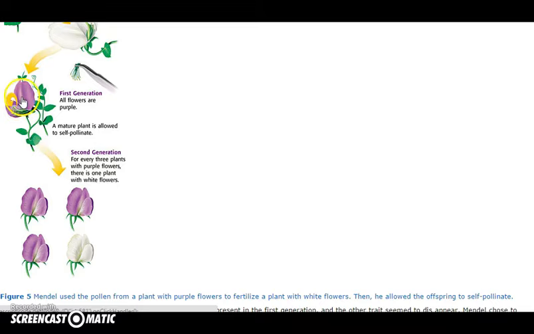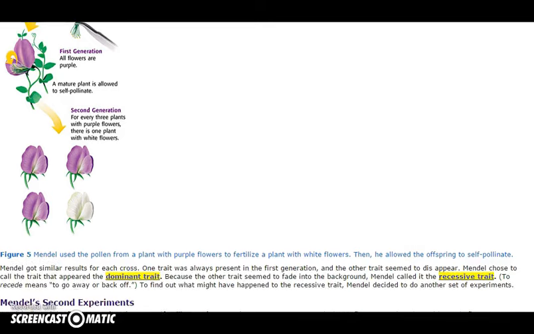Just because you can't see it, the genetic material that would have made the flower white is still in there. So that when it self-pollinates again, the mixing DNA has enough of the white part in it to make one of the 4 white. From this, Mendel was able to predict